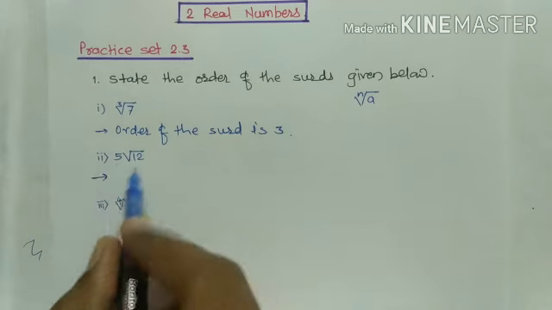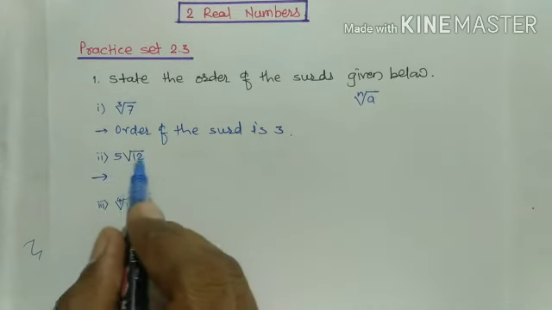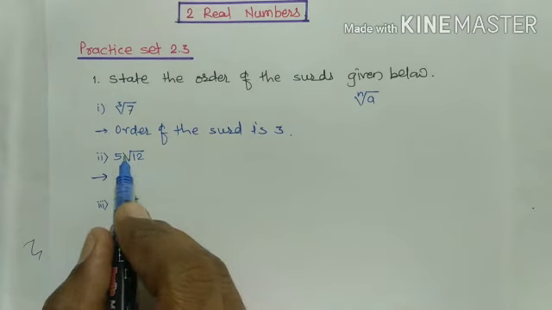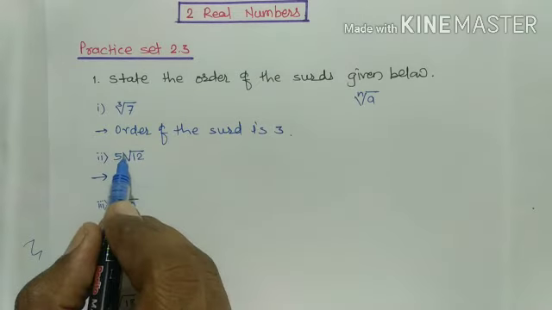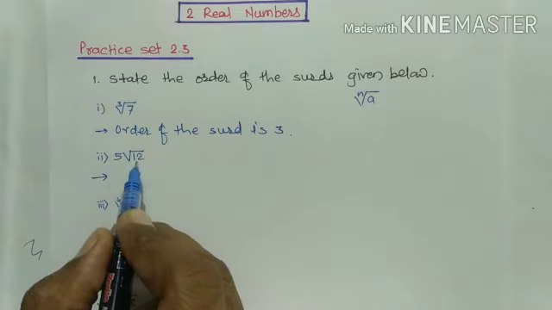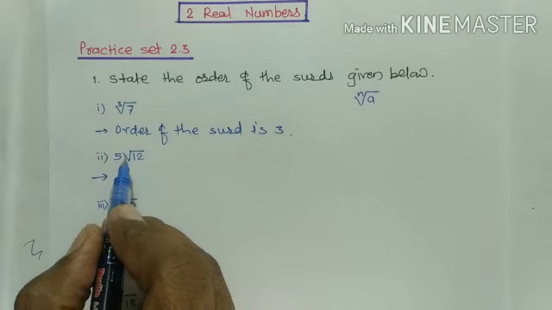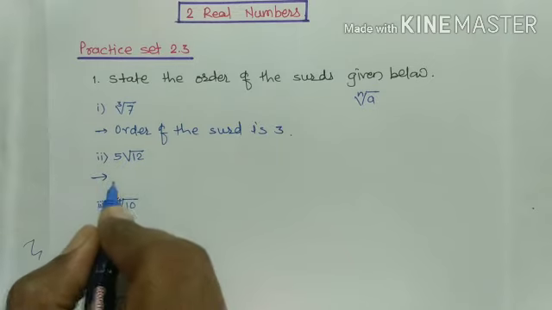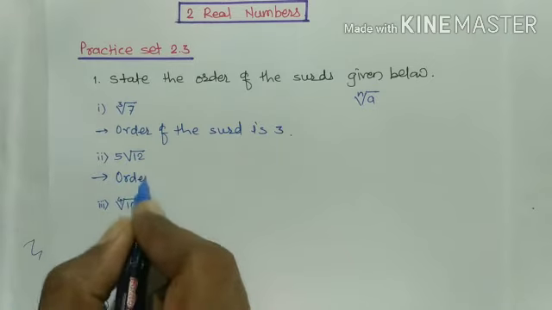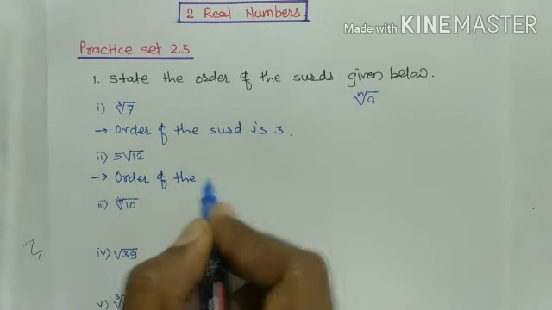Now this is the surd. This 5 root 12 means square root of 12. Here the order of the surd is 2. It is a quadratic surd. हे quadratic surd आहे. इथं जर नंबर लिहिलेला नसेल, then this number is equal to 2. This is the square root of 12. Square root, it means that order of the surd is 2. Therefore here we write the order of the surd